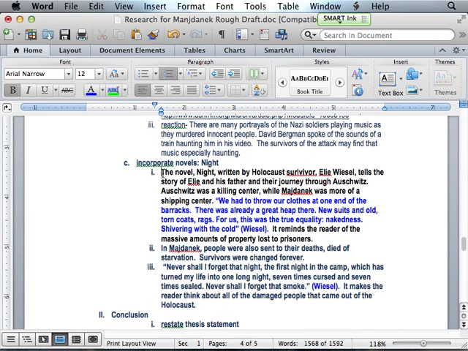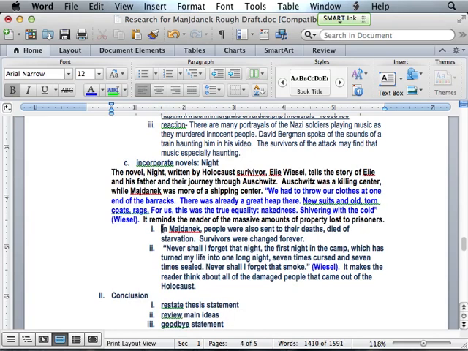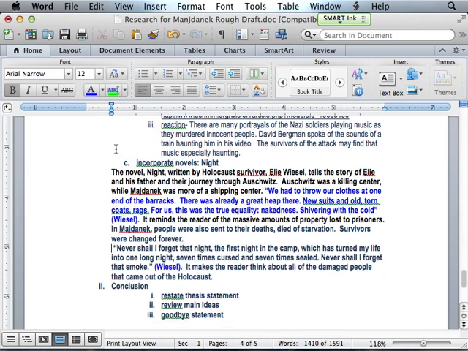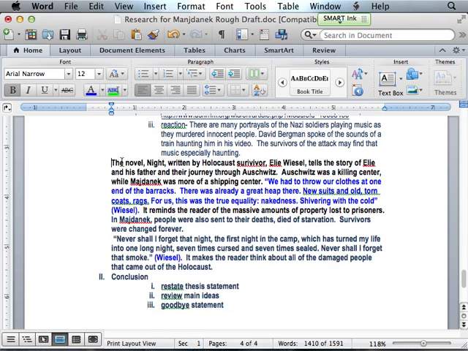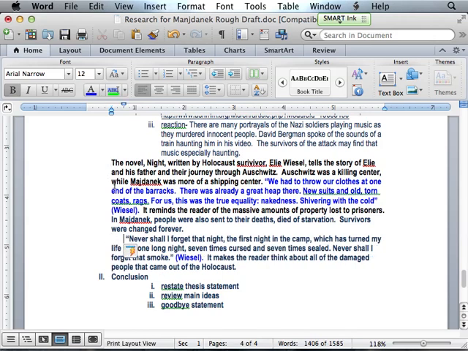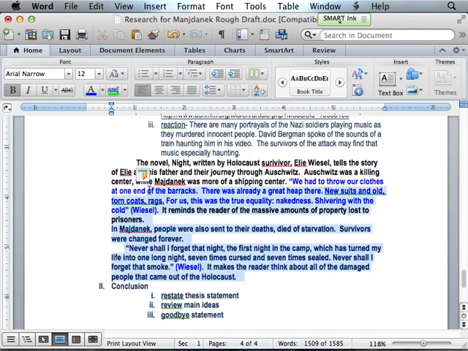So then there's that. Let's format it. It's a little long. I might make this 2 paragraphs instead of just 1. You can always do that. Don't be afraid to go, I think this is long. I think I need to start a new paragraph. That is totally acceptable. So I got 2 nice little paragraphs about my novel.